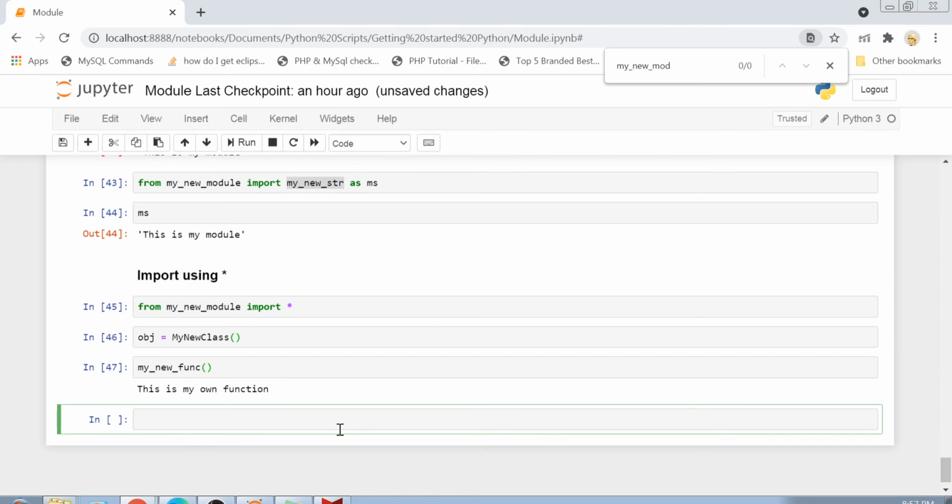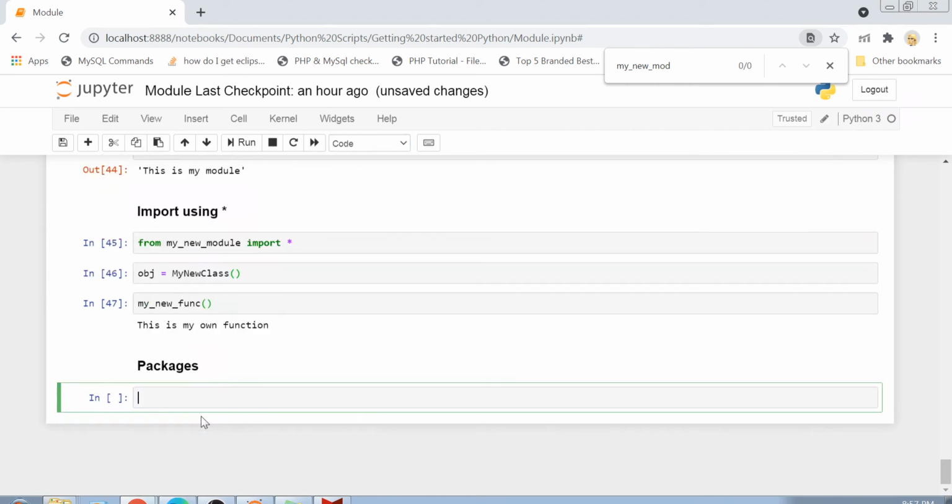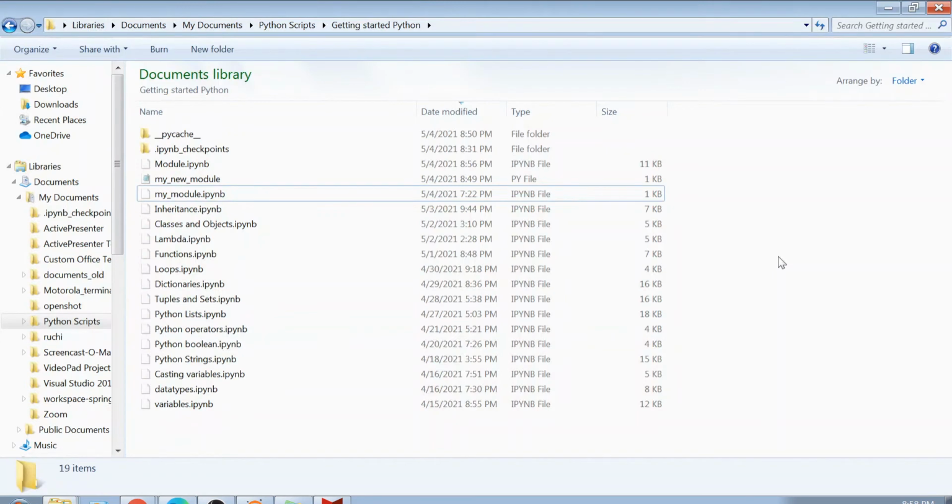Now the next part is called packages. I will tell you how you can create packages and what the advantages of using packages are. Let me show you my directory here. A package is basically dividing your code into multiple folders or directories and then using them through that directory.